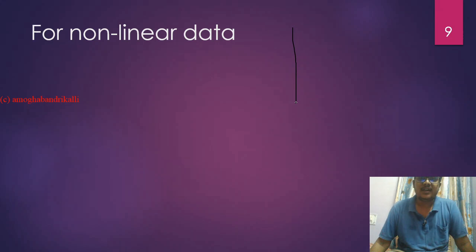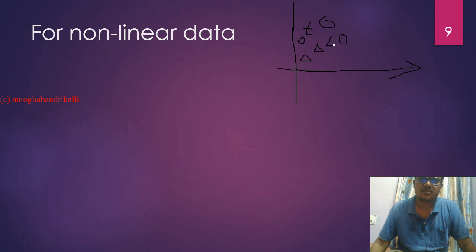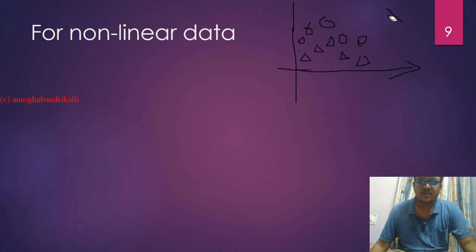Non-linear data actually means that, consider this is the space of a respective machine learning experiment, and the data will be in this format. So this is non-linear data. If you use a linear model, it will not provide effective results. So non-linear actually means that